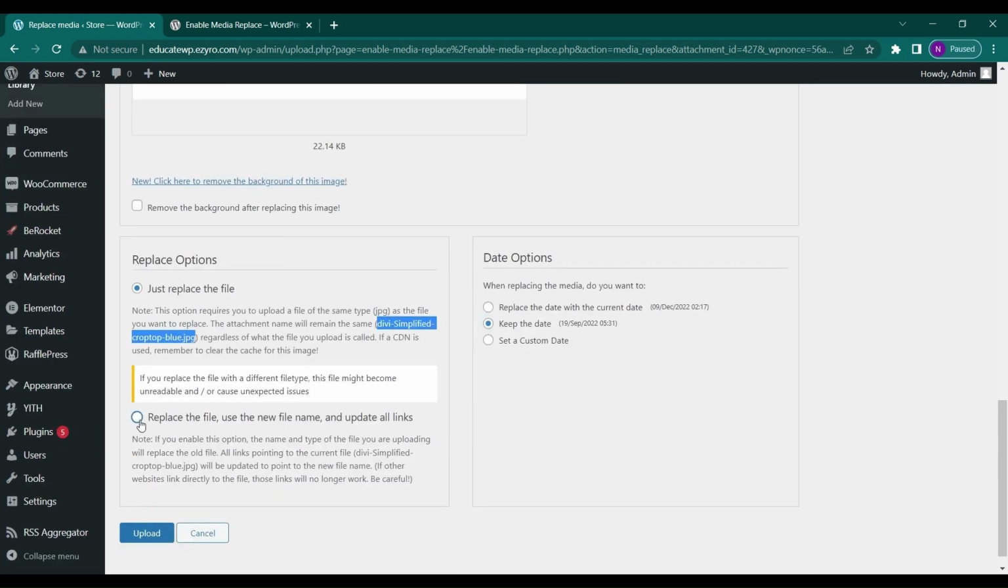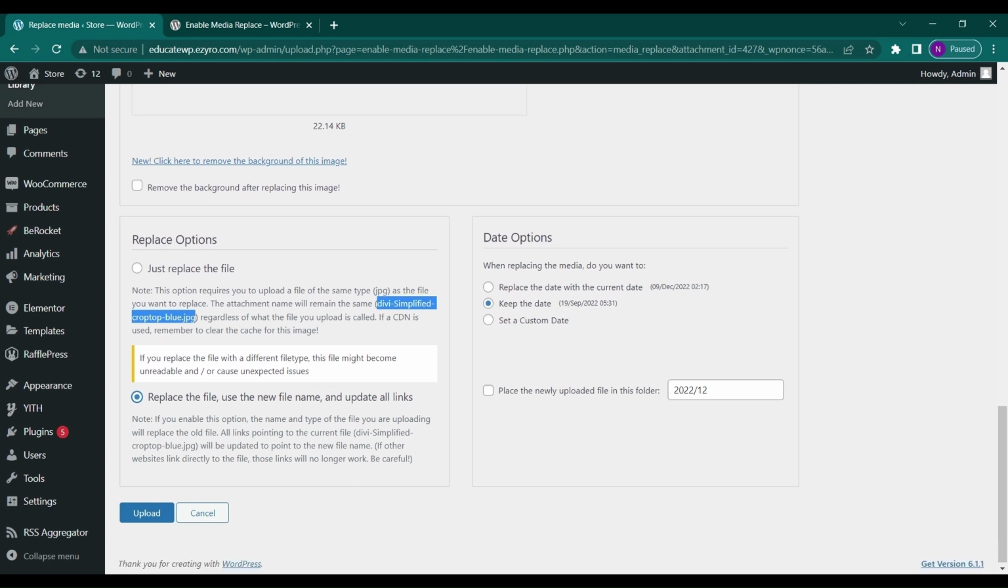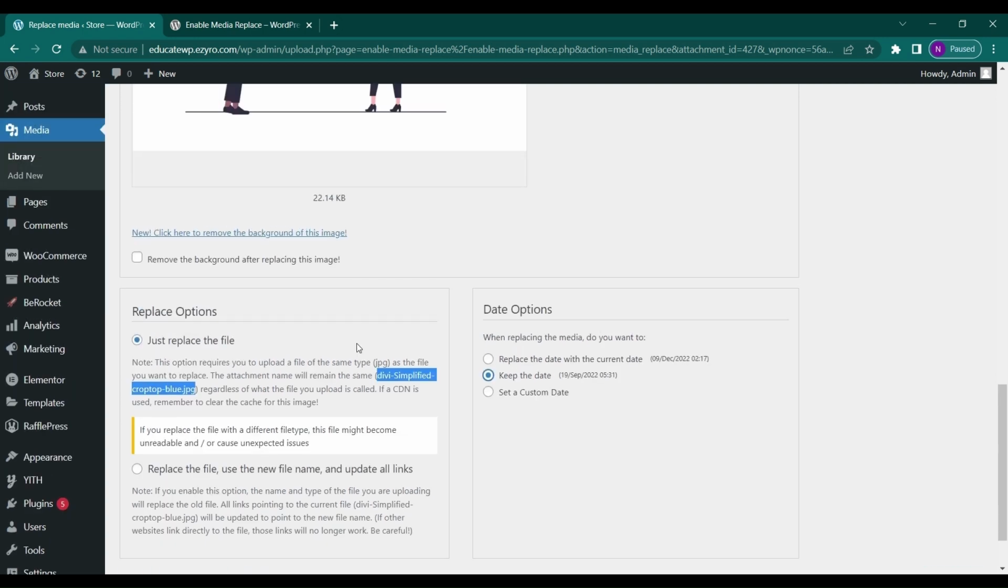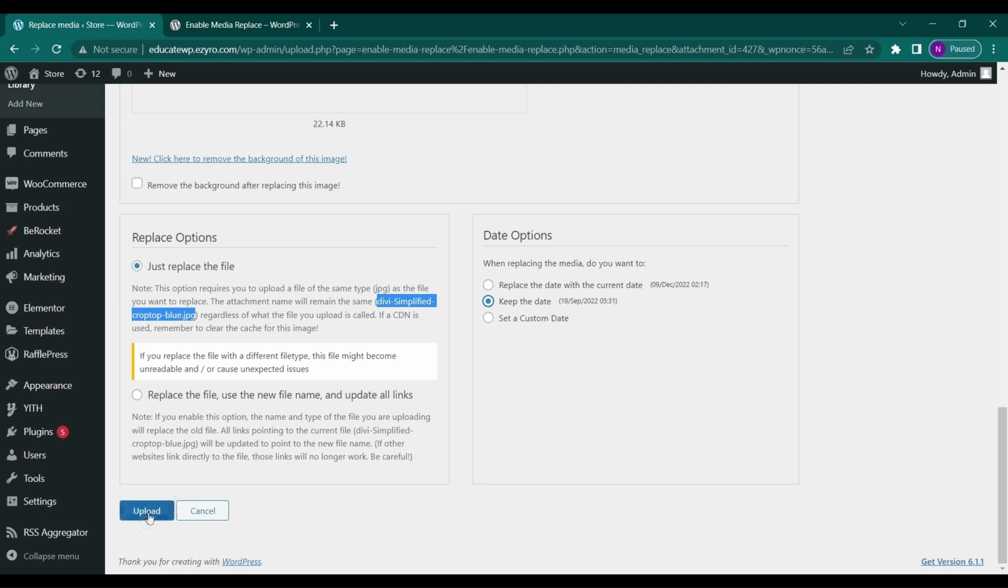And the other option allows you to change the name of the file that you have uploaded right now, and all the links that are directed to that file will be directed to this new file name. So you can do it either way. And here on date option, you can replace the date with current date or keep the date as you like. So just click on upload,